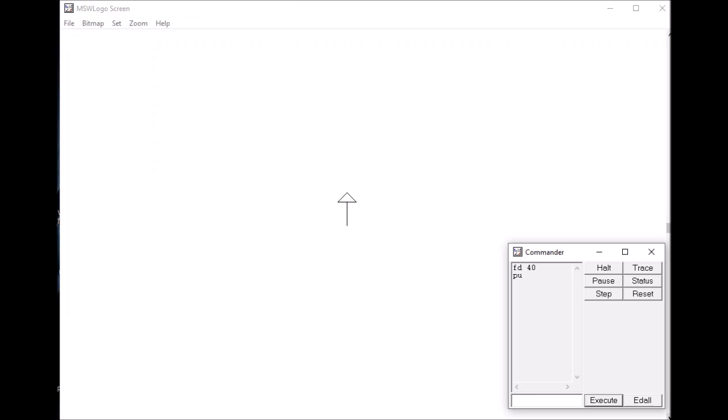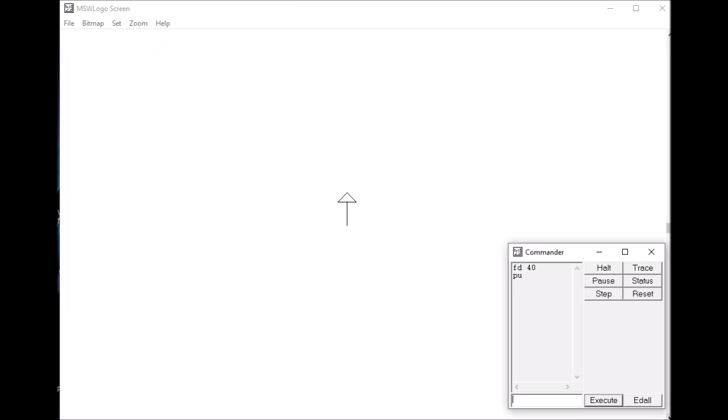Please remember, with pen up and pen down you will not use any number. It is just to make your pen go into up mode and down mode. When your pen is in up mode, it will move without drawing, and when your pen is in down mode, it will be drawing and moving.